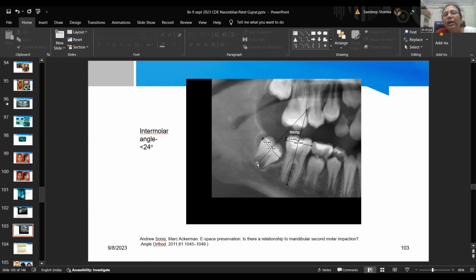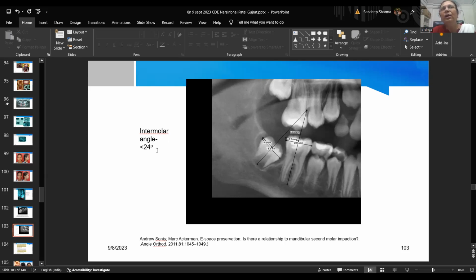You draw a straight line from the long axis of the teeth of 6 and 7 to see whether it will get impacted or not. At least the intermolar angle should be at least 24 millimeters. That means IMPA should not be more than, what is the normal, 24, 25? It should not be more than that, because that will result in long faces, and in long faces, always